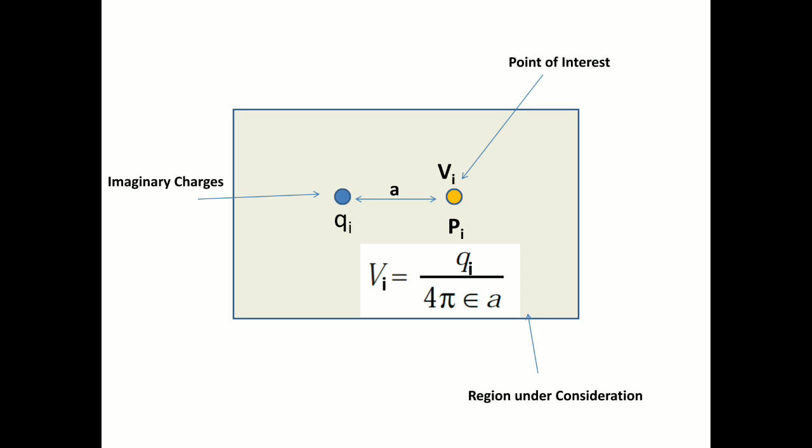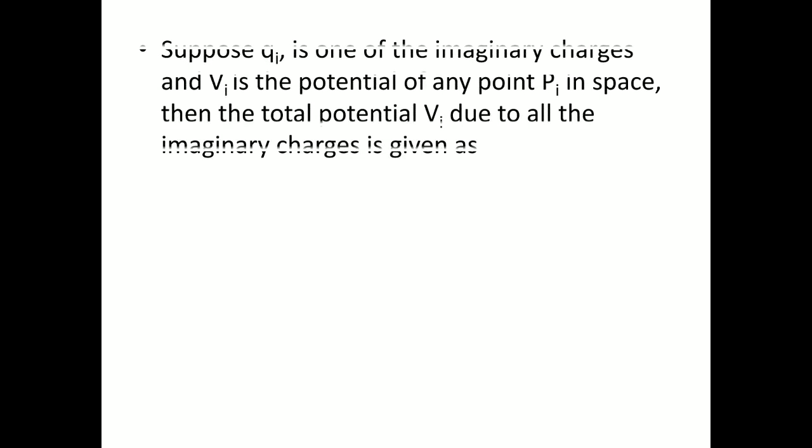So in this equation I can say that the denominator, that is 4 pi epsilon a, is nothing but a constant, and that constant is replaced by symbol capital P. So P is nothing but 1 upon 4 pi epsilon a, and this P is called the potential coefficient. So from the logic of potential coefficient, I can say that the electric potential is going to be the product of the potential coefficient and the magnitude of the imaginary charge. So the same logic we need to implement